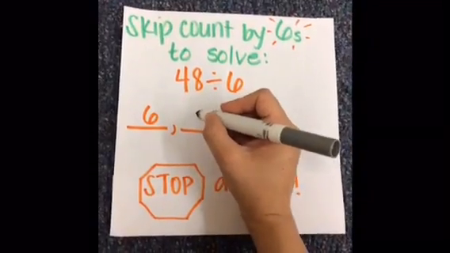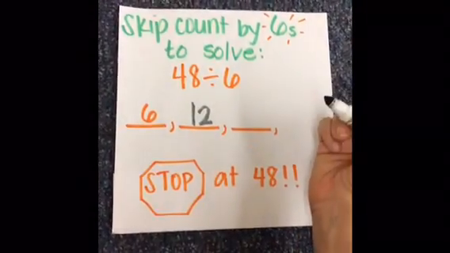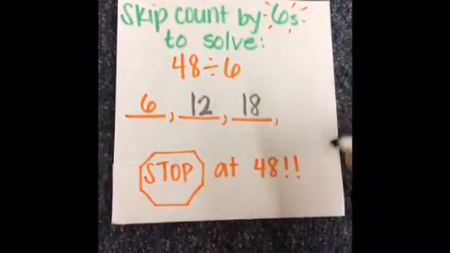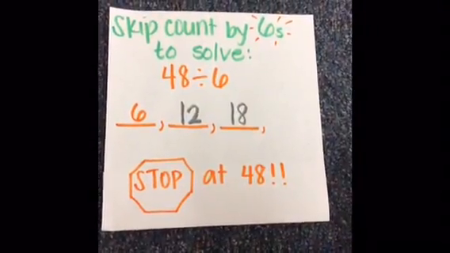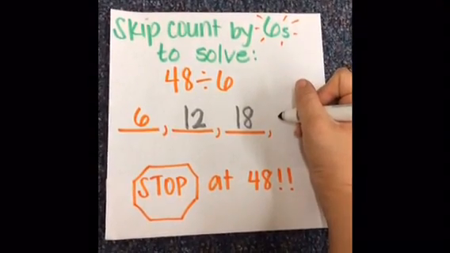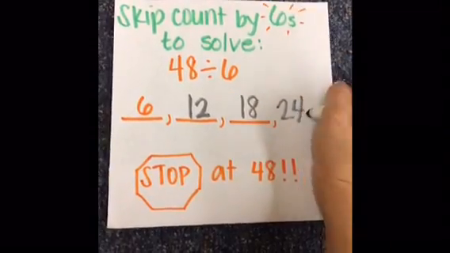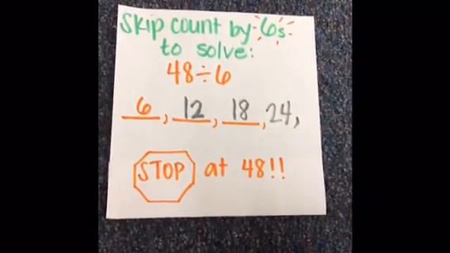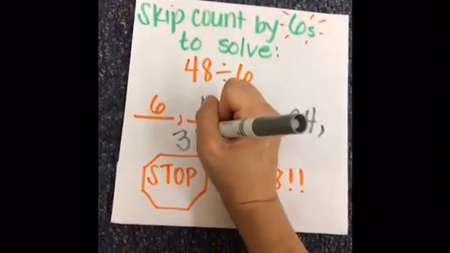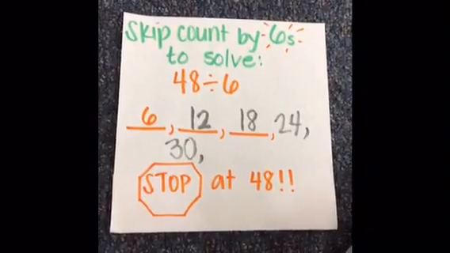Next would be 12, 18. We have to keep going until we hit 48. Think about what comes next. 18 plus 6 is 24. 24 plus 6 is 30. 30 plus 6 is